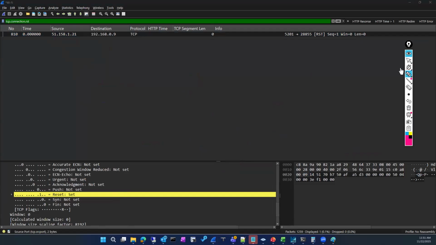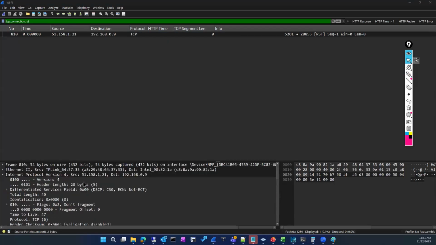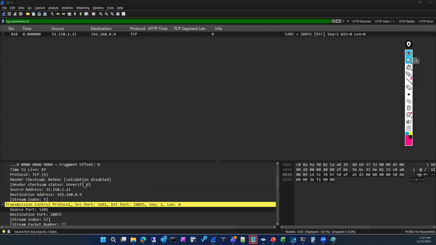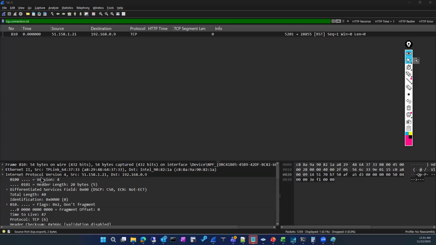But does it mean that I don't have a routing? I definitely have a routing, right? So how do I check that? I have to go to my layer 3 header, the IP header. I can see the TTL is decremented to 47. So by just looking at this,